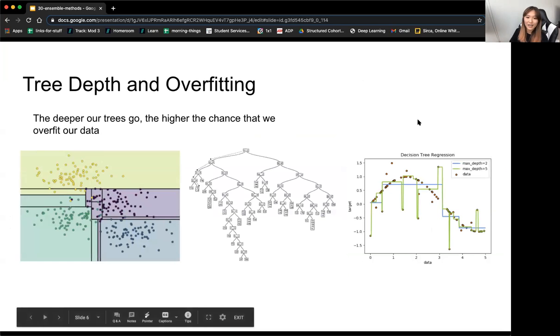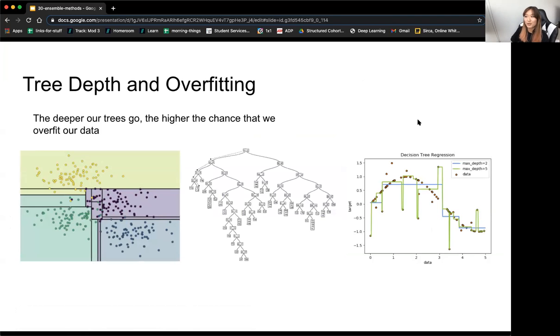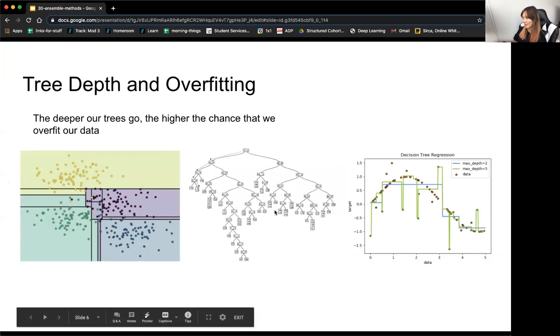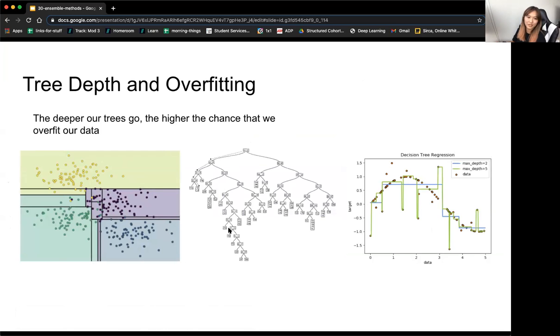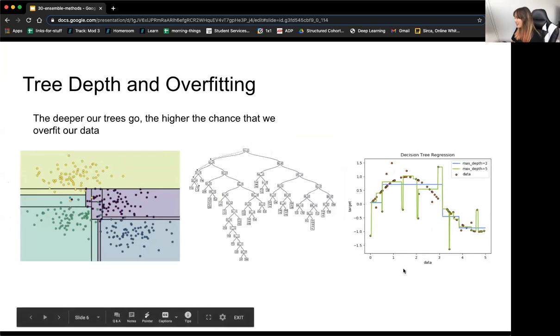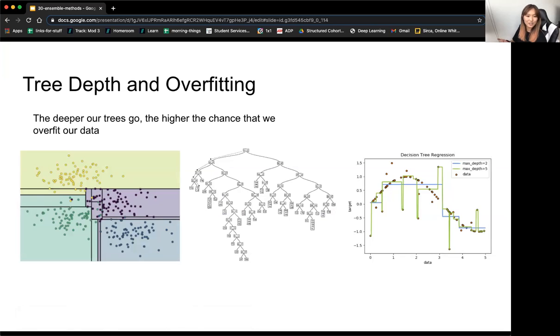One thing that I mentioned yesterday as a con of decision trees is that decision trees are extremely prone to overfitting, especially as you get deeper and deeper with your tree depth. This is an example of that data set earlier, an example of what a decision tree could look like. This just shows with different max depths what your regression line will look like with your data. Imagine this is all of your data points and all of the X features that you're using. This is your target. If your target is